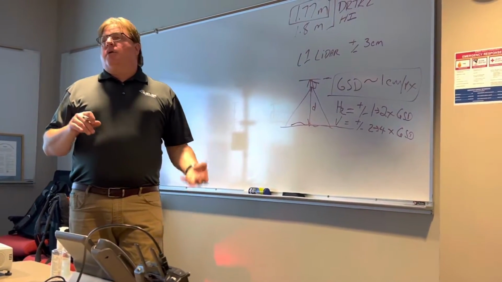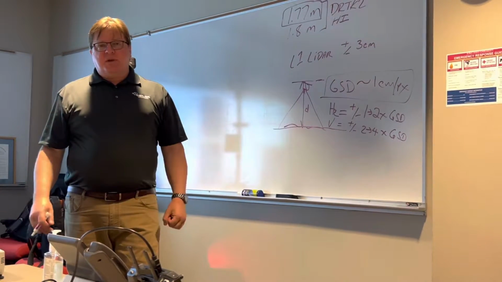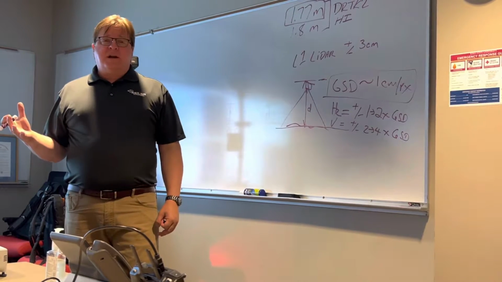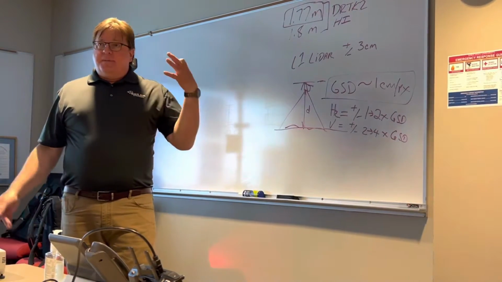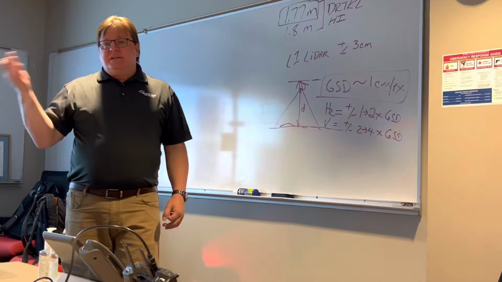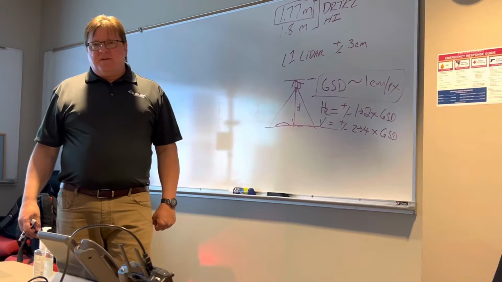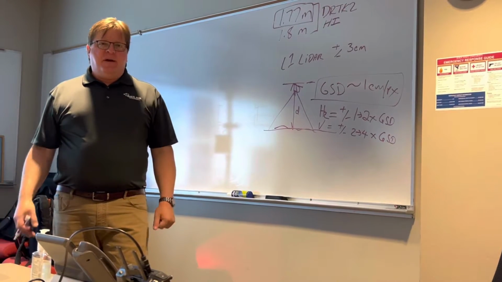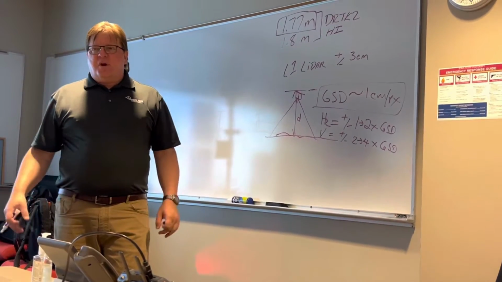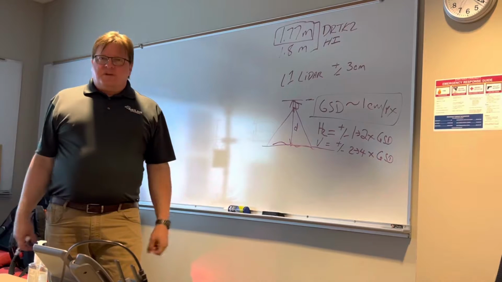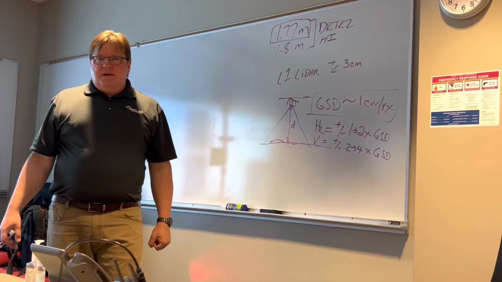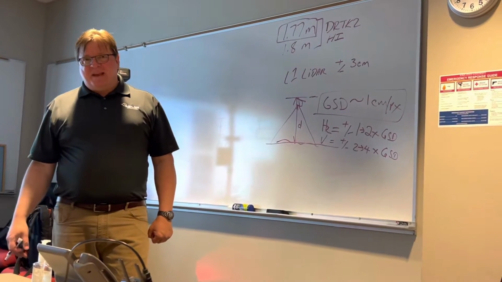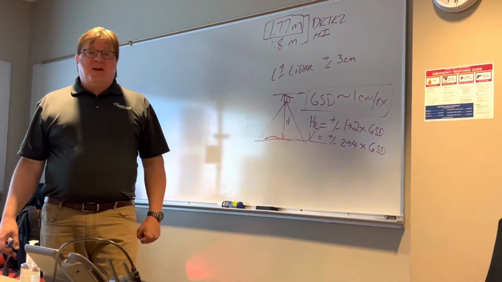We typically use 1 centimeter per pixel, and we're happy with 1 to 2 inches of horizontal accuracy. I can start calculating it's going to take me X number of hours to process my photography for a model for a given site. Okay, I can usually process maybe a 50 to 100 acre site in about 4 to 6 hours. If I flew it at 150 feet, it'll be more like 12 to 16 hours for that same model. And my file size is going to be,